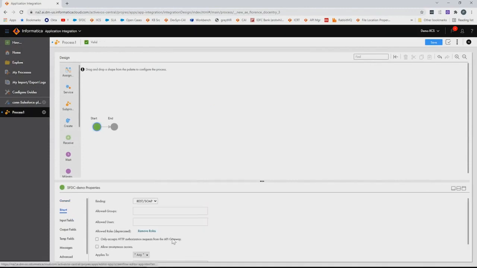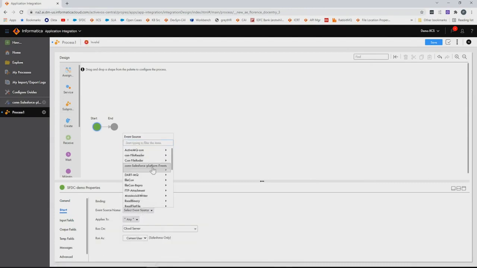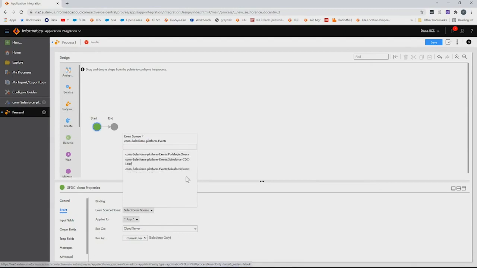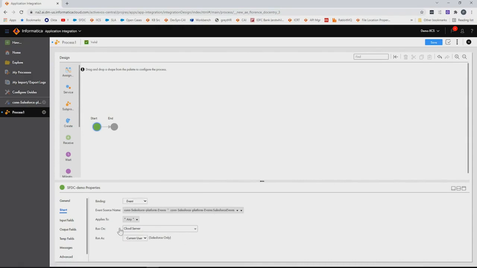In the start of the process, you need to associate this particular connection that has been created with this process by selecting the binding type as event and selecting the particular connection. So here we want to consume the platform event. That's why I'm selecting Salesforce event. And you need to change the run on to the particular agent where your connection has been published.